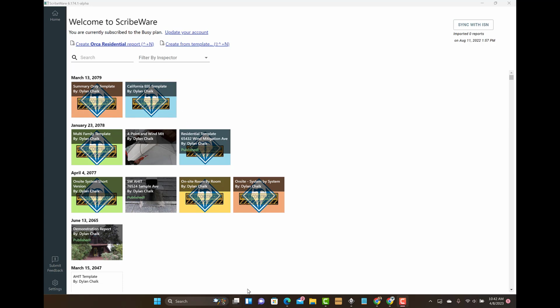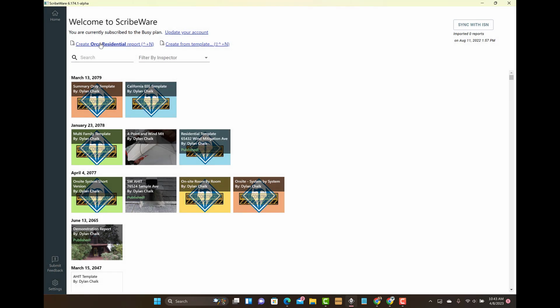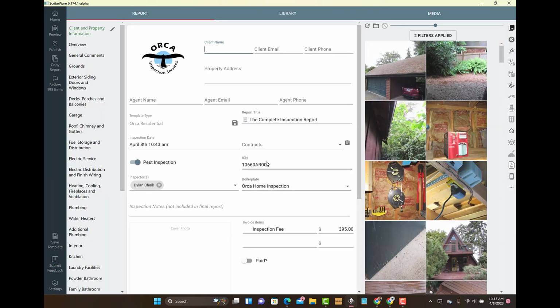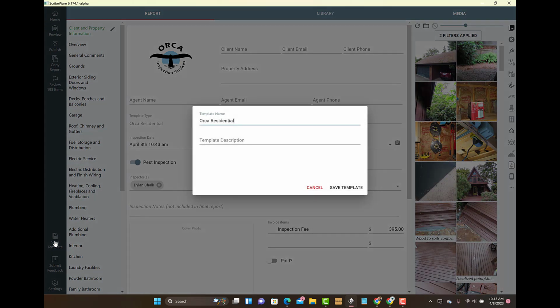What I like to do is start a job, any job. So you create from template. Whatever type of job you're working on, my residential template, we could start one. And let's say you are new to Scribeware and you're going to start with maybe the residential template or even a template we imported for you. One of the first things you might do is just open that job and then hit Save Template